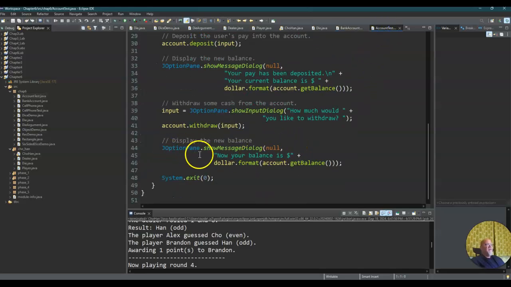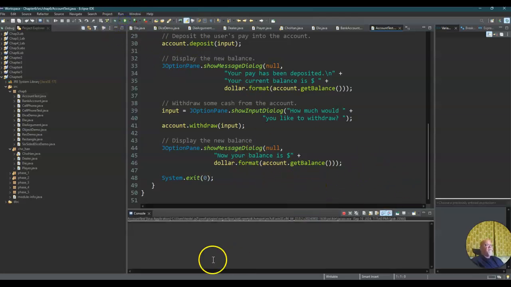And then lastly, it says your balance is, and it will display your balance using the $ format. And since we call the J option pane, we always use the system.exit0 to make sure that J option pane basically clears out. So to run it, we just run it,